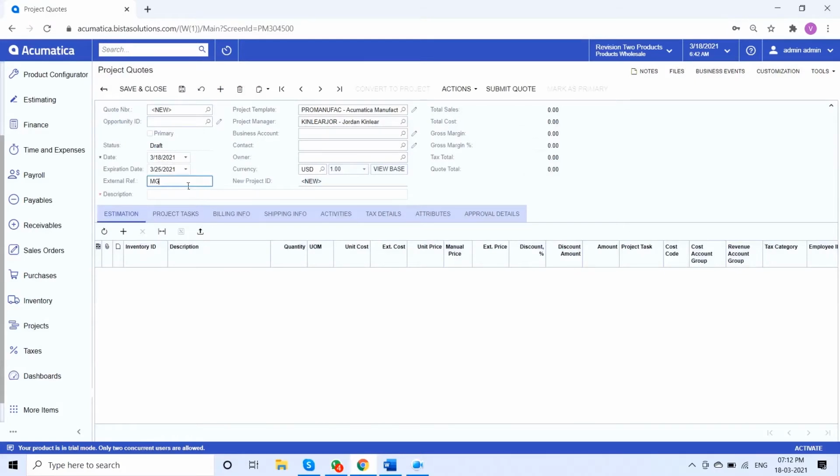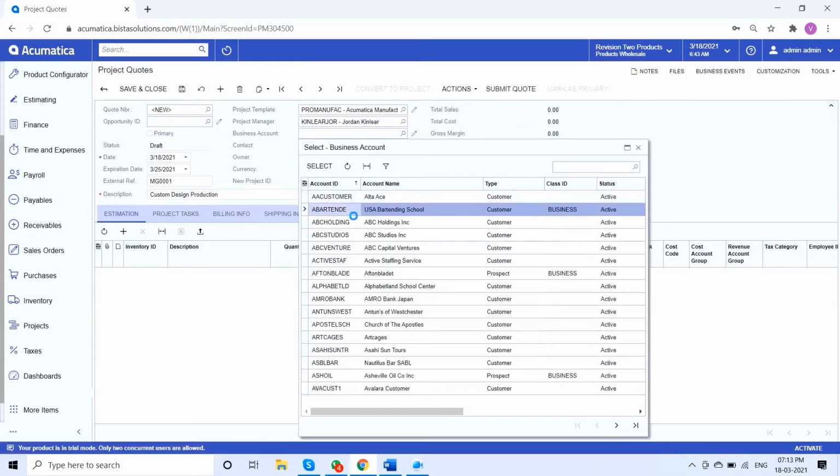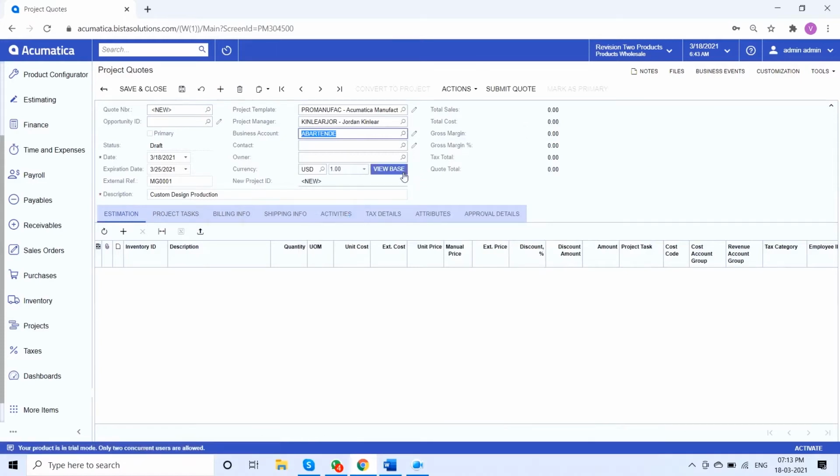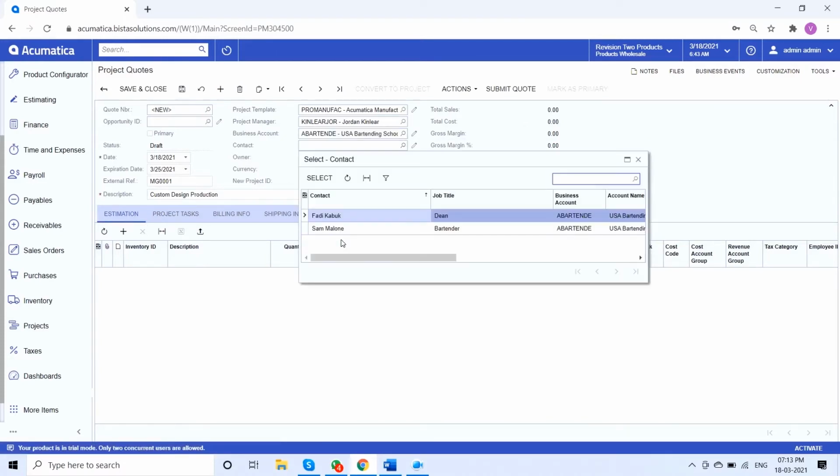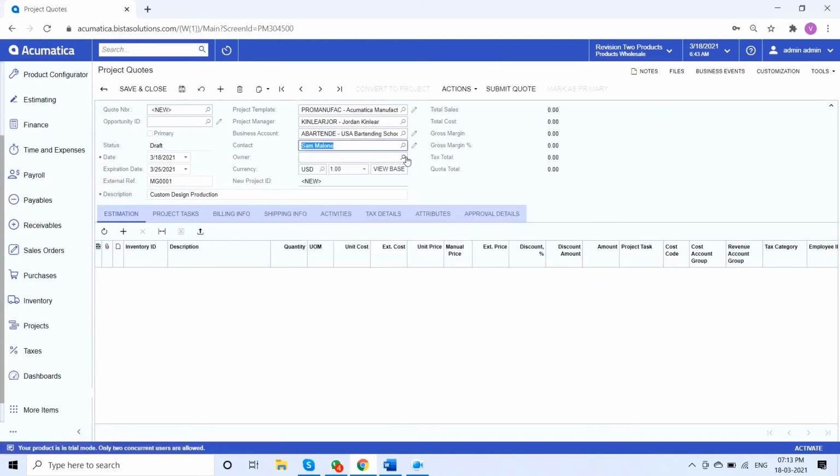Then I'll give some reference number, specify the description, and then I'll add my customer. I'll add my customer contact and owner to this quote. These things are not mandatory, but yes, it's good for reference purposes.